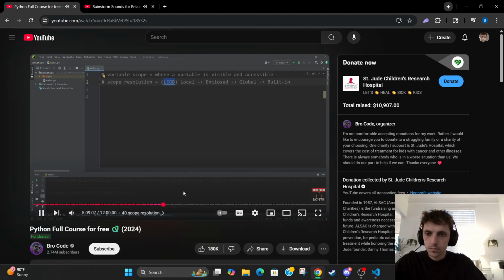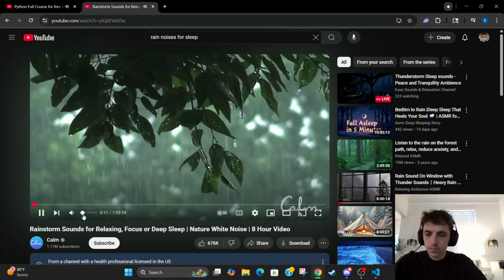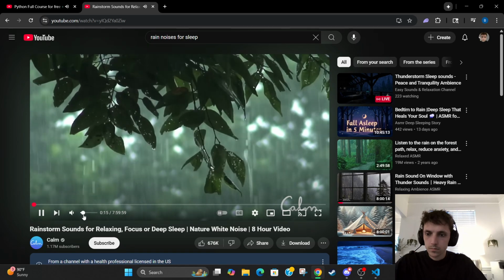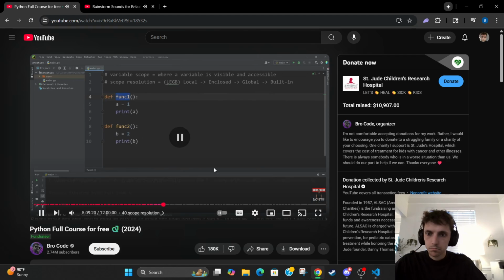B rule, in which we locate that variable. Local, enclosed, global, built-in. We'll get to this momentarily. Let's begin with variable scope. I have two functions, function 1, function 2. Within function 1,